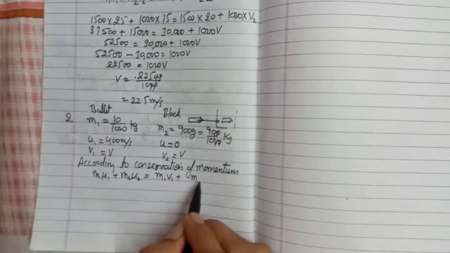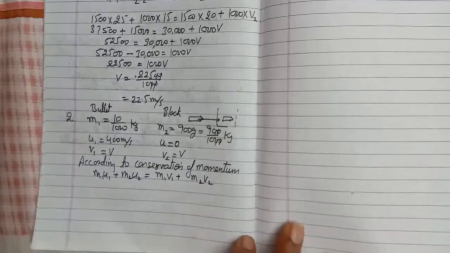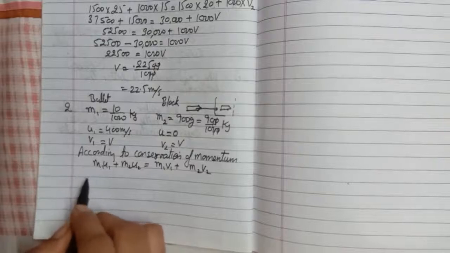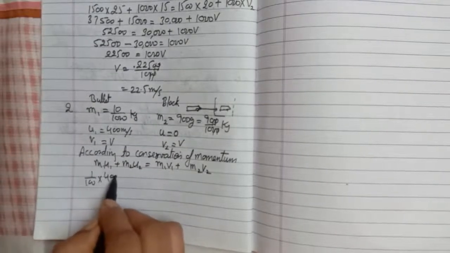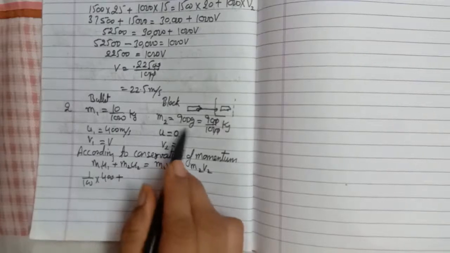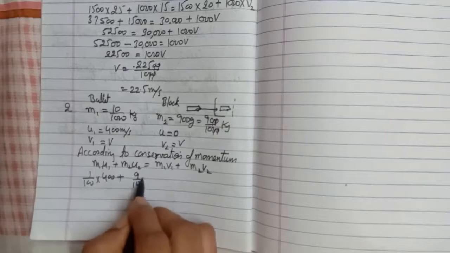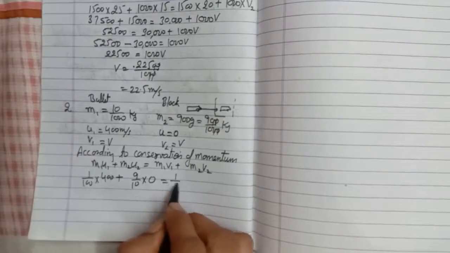That is, the initial momentum of both the bodies is equal to the sum of the final momentum of both bodies. So m1 is 10 upon 1000, we can write it 1 upon 100, into u1 which is 400, plus m2 which is 9 upon 10 and u2 is 0, is equal to m1, 1 upon 100,